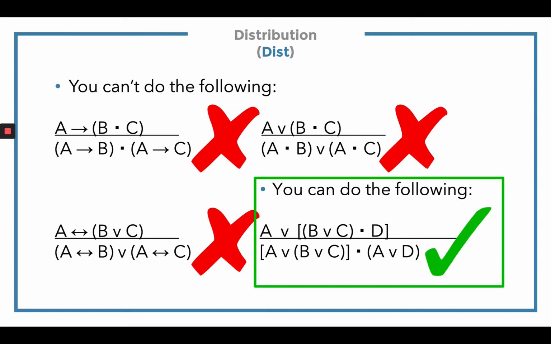It's got the same structural form, but if this is P, this whole thing is Q, and this is R. So what I'm going to do with distribution is A or this whole thing, and as the main operator, A or D. And vice versa. If I had this thing down here, so, oh, I've got A as common, both ors conjoined together, I could move back up in